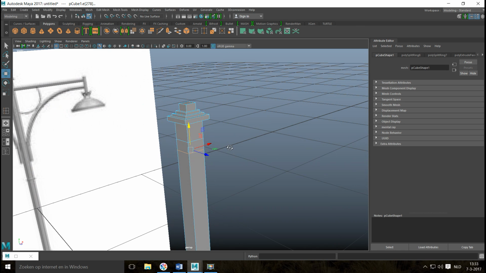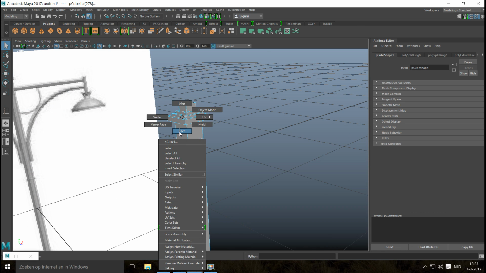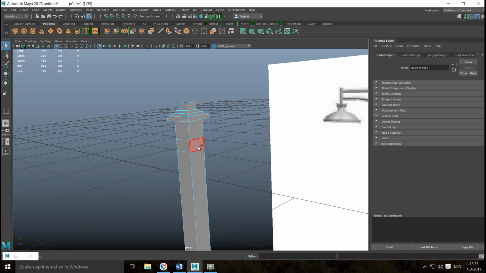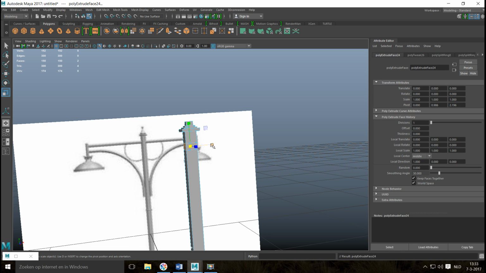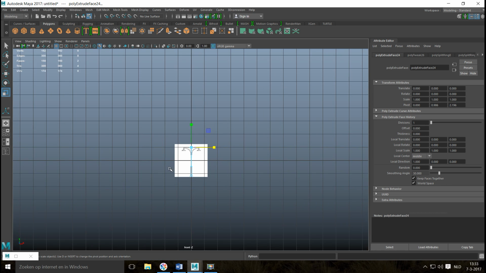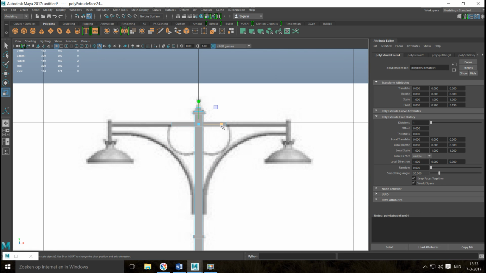All right, we're going to Q on our keyboard, we're going to right click on a face, select that face and shift select that face. We're going to Control E to extrude, and we're going to hit R to pull them out, like so. Okay, we're going to look at this view to see how far, and that is about right. Let's see. Yeah, we're going to do a bit further than that, like so. And then we're going to go into insert edge loop,